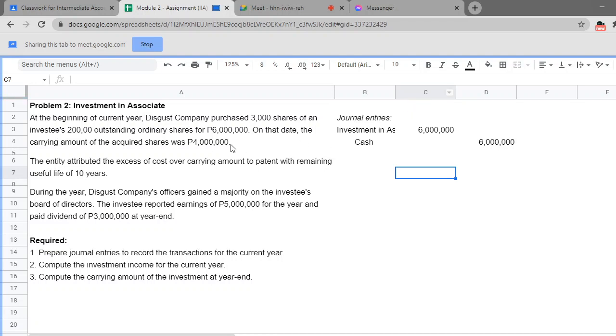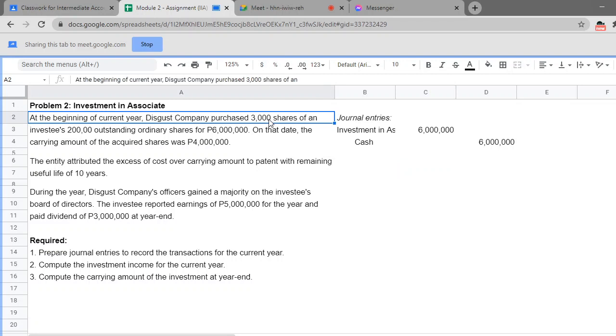Okay. Ay, wait. 3,000 shares of an investee's 200,000 outstanding shares. Ay, hala, feel ko may mali ako dito. Sorry. Since na ako yung mali, change ko, and then, gagawin nating drill. Yung mali ko dito is hindi pala siya 3,000 shares. Kasi pag 3,000 shares, like super liit. 3,000 divided by 200,000. So, you barely have 1.5% lang na ownership. So, hindi pala yan siya 3,000, kundi 30,000. So, 30,000 divided by 200,000. So, you have 15% interest sa